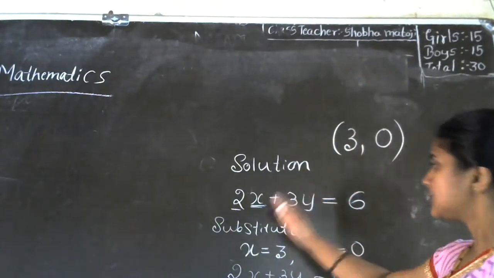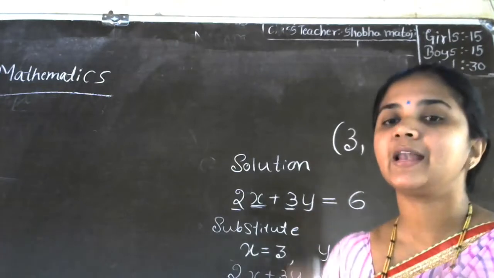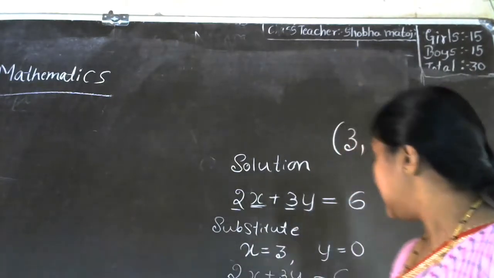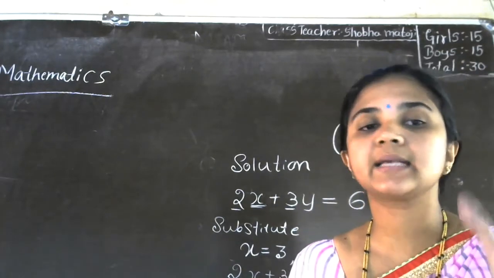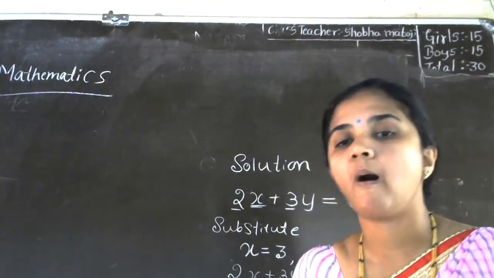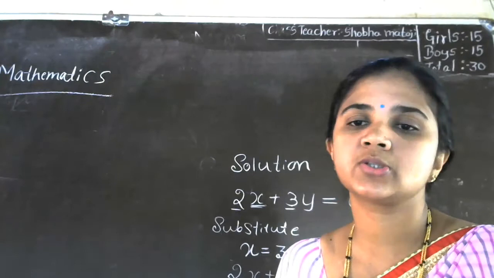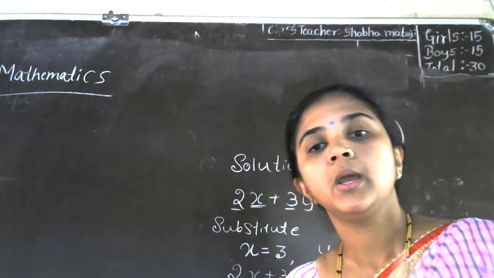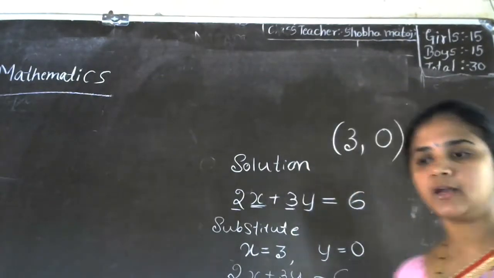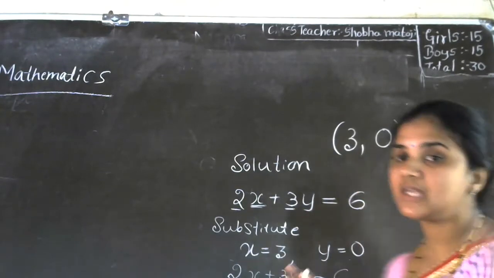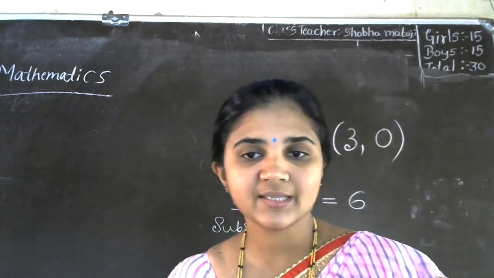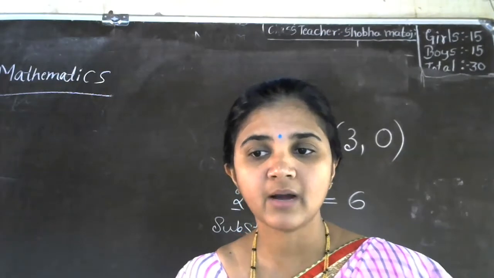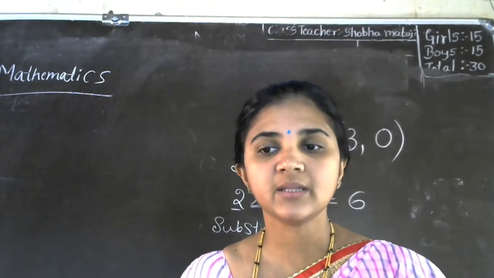So on substituting x and y value properly, then LHS must be equal to RHS, then that x and y value are called as solutions of the equation. Got the idea, no? Can we try one more? Now you have got the idea, no? 3, 0 is a solution of the equation. Do you agree with this? Why is 3, 0 a solution of the equation? Because LHS balanced with RHS.